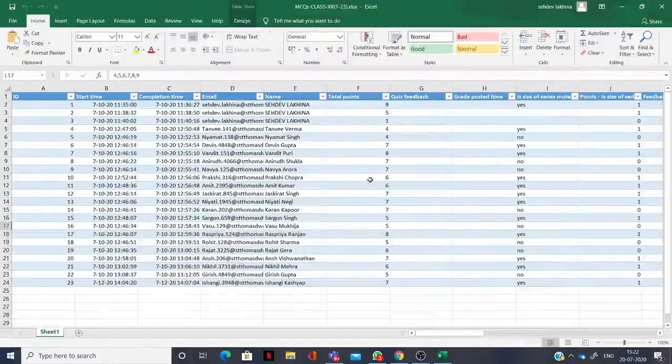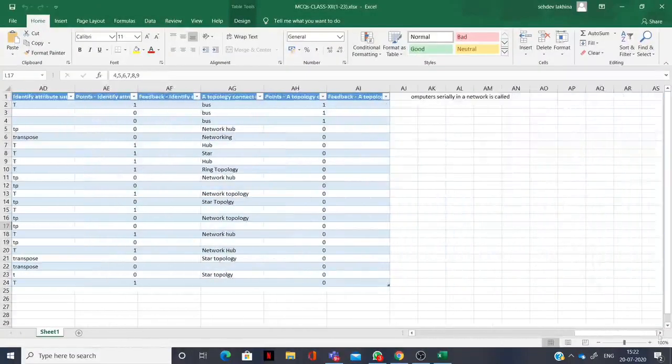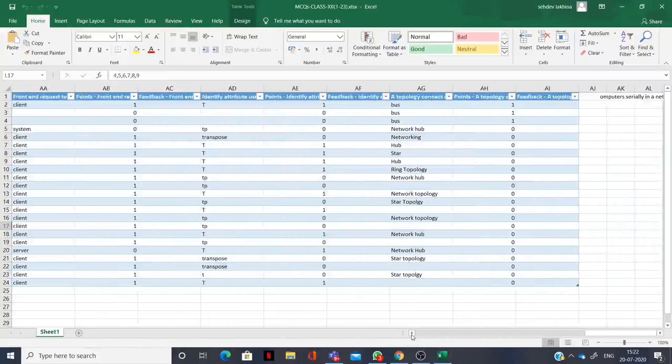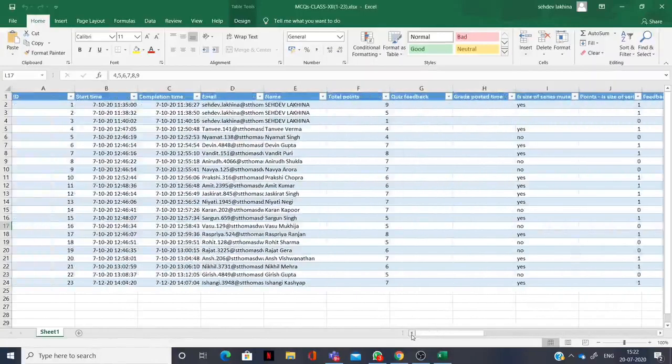For example, Sahdev Lakina 1, you can see 5 marks for Sahdev Lakina 1 here. Sahdev Lakina 1 is shown by Microsoft Forms as 5 marks. Initially there was 1 mark.